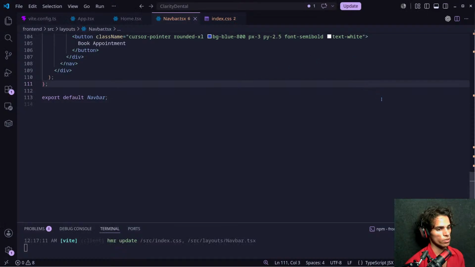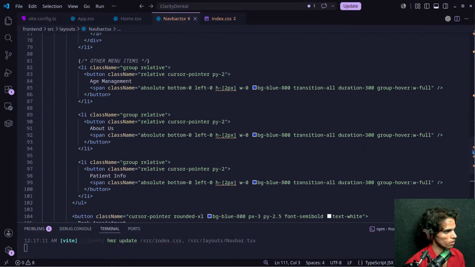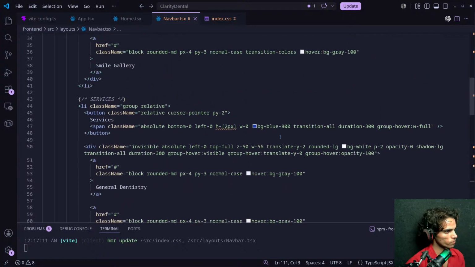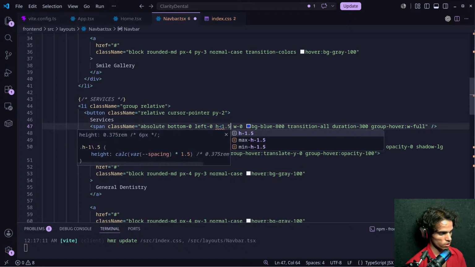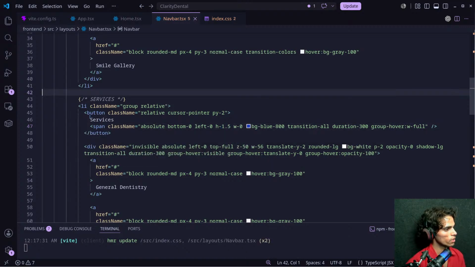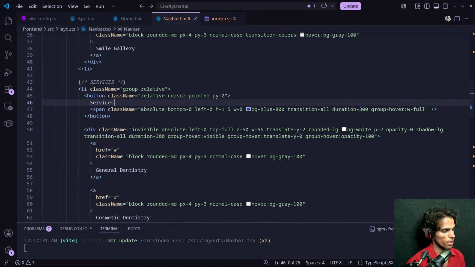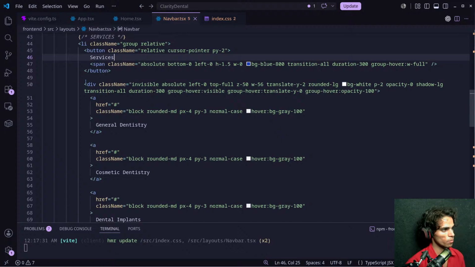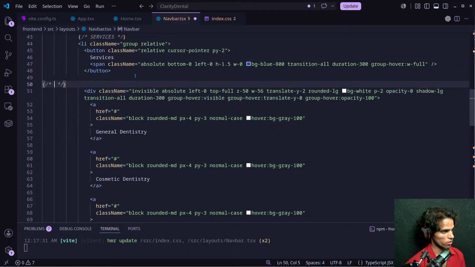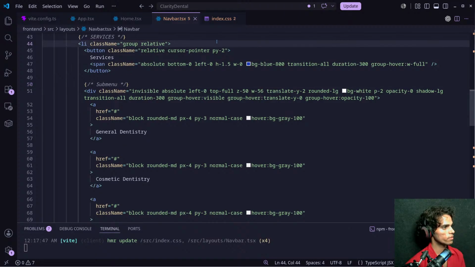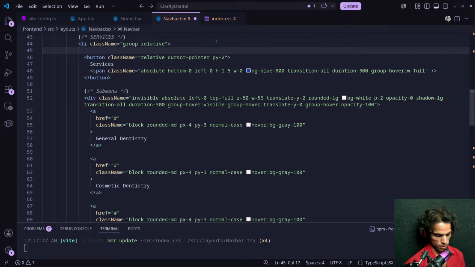Okay, so what we are going to do, we have the services main component. I want to look at them first. Let's see this 1.5. This is our main button. So services main, and then this is our sub menu. Let's comment out the sub menu here, and the button is our main.